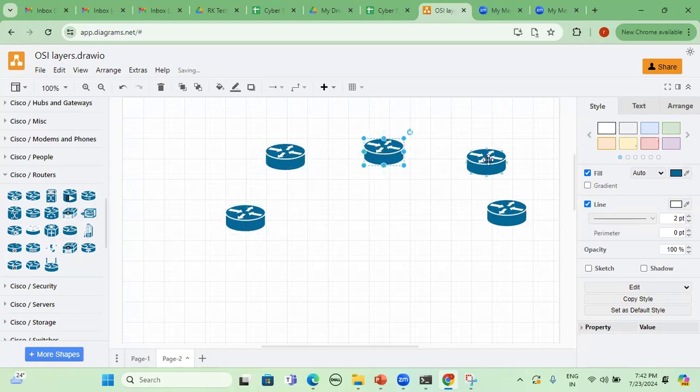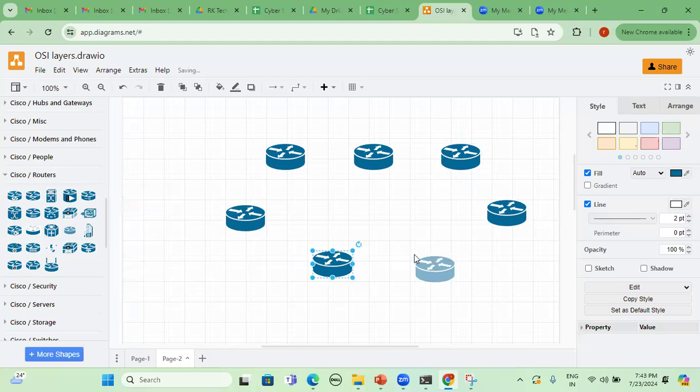So this is the router symbol from the Cisco side. In a similar way, not only Cisco provides routers, even a couple of other companies like IBM, HP, Juniper, Avaya, Huawei also provide routers, AT&T as well. So one more router here and one more router here.